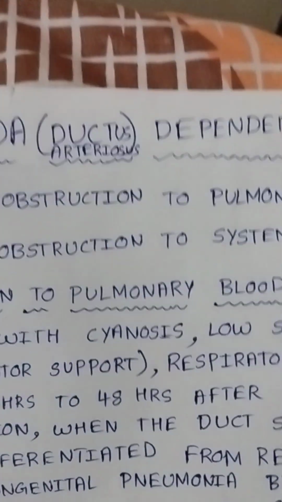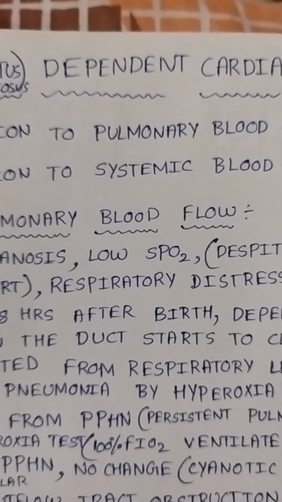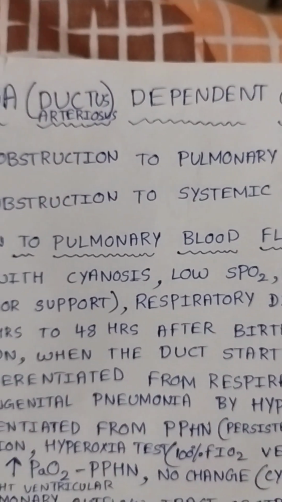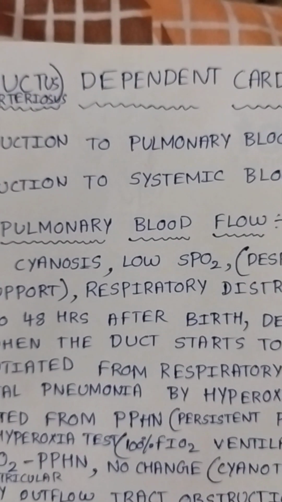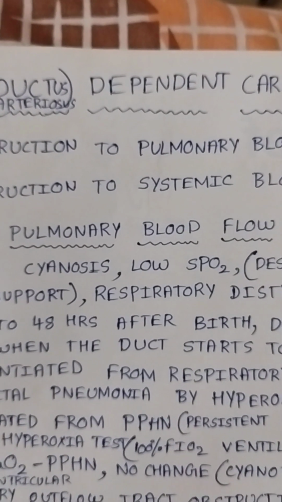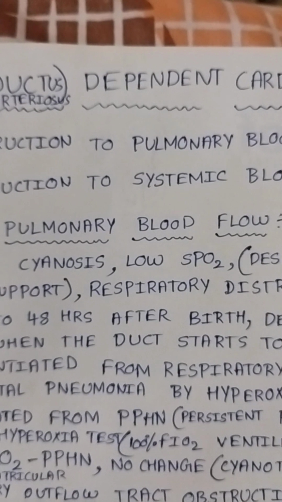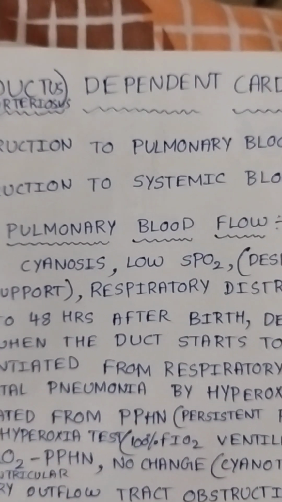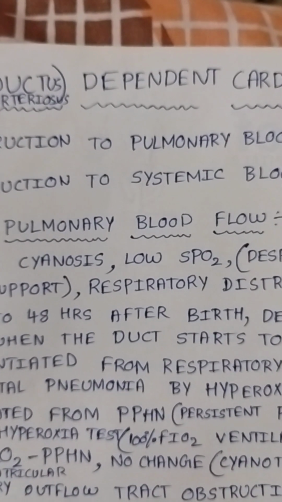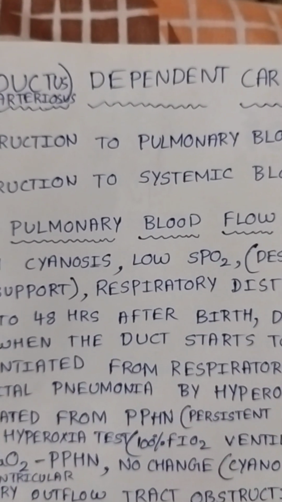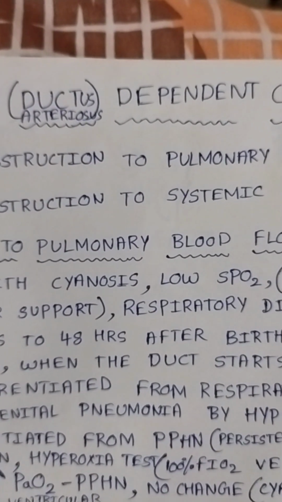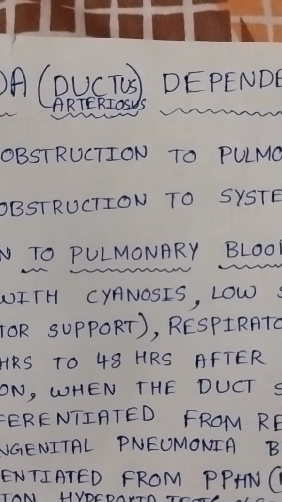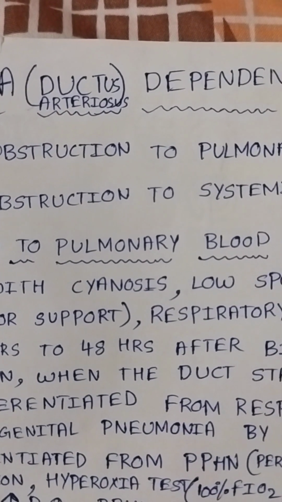In obstruction to the pulmonary blood flow, the blood will not reach the lungs for oxygenation, whereas in obstruction to the systemic blood flow, the blood will not reach the systemic circulation to supply all the organs of the body. So due to this obstruction, there is impairment of the circulation either to the lungs or to the systemic organs. To avoid this, the ductus arteriosus should be patent, because it helps in the mixing of oxygenated blood